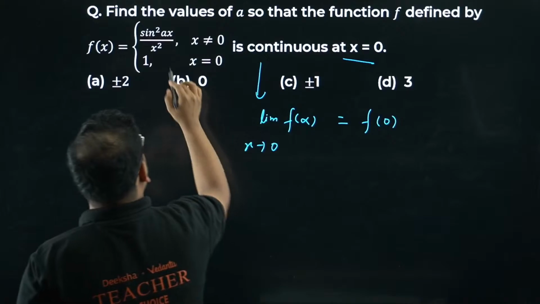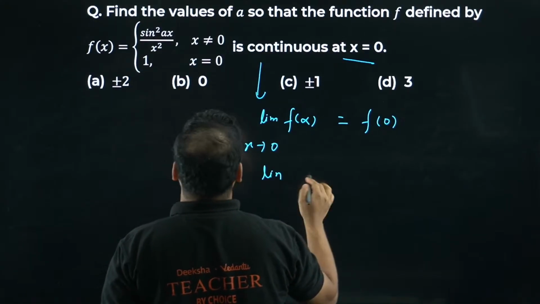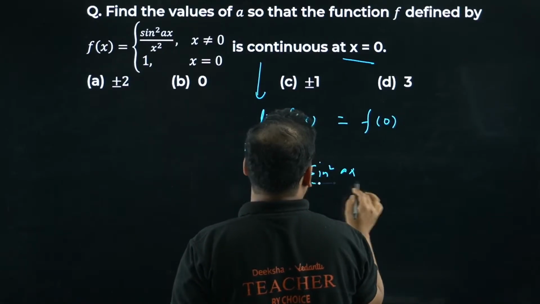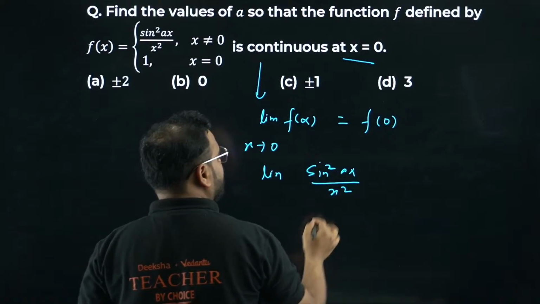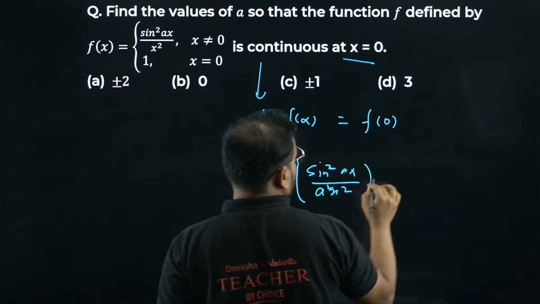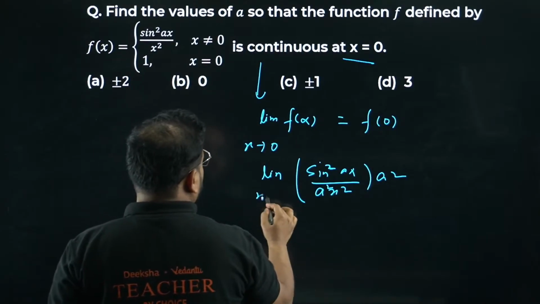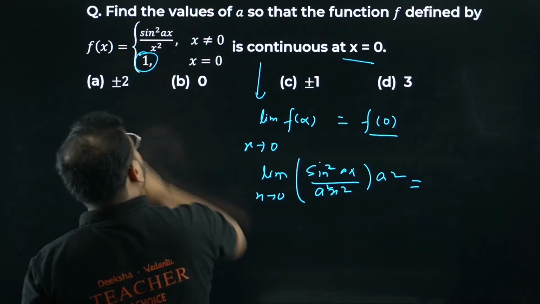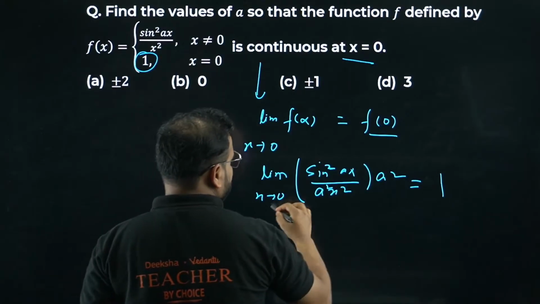So apply the limit. We're going to use this condition. So let's find that. We have the limit of sine square ax upon x square, right? So I have ax over here and I have sine square. Let's multiply here with a square and keep a square here also, a constant. Of course we have x tends to 0 limit. F0 is how much? F0 is 1. So put here 1. Now this part will become simply 1, right?